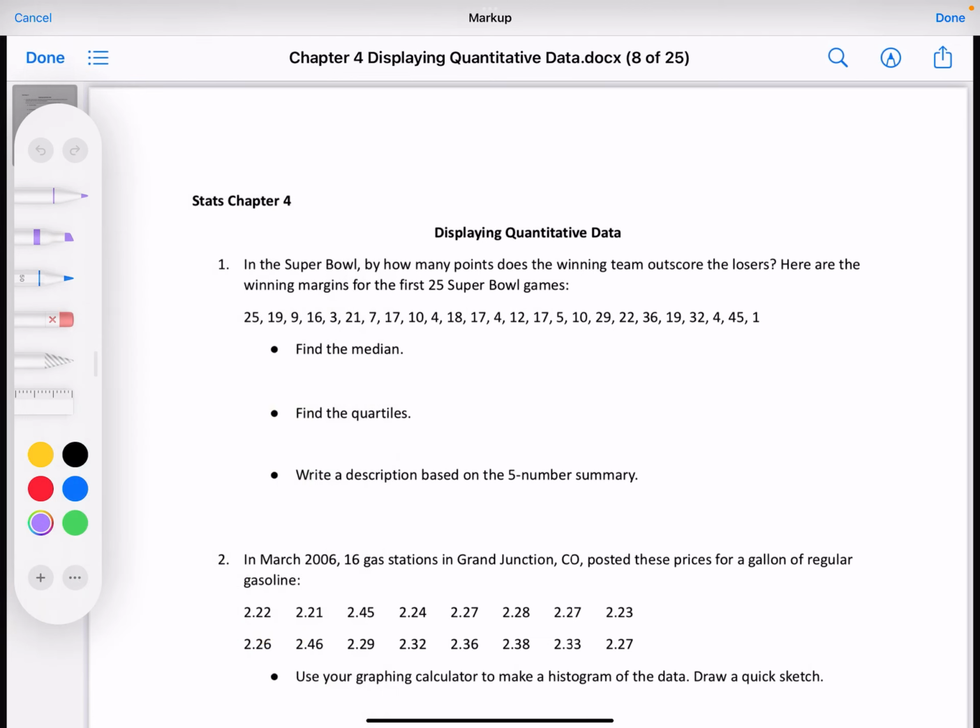All right, so in the Super Bowl, by how many points does the winning team outscore the losers? Here are the winning margins for the first 25 Super Bowl games. So on your calculator,